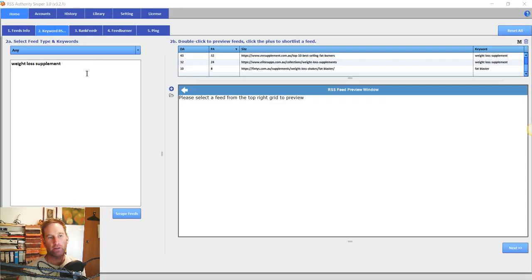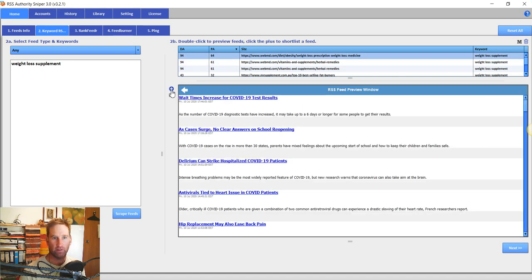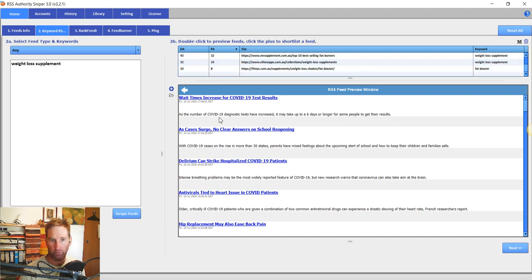Okay, so what I did, I changed it to weight loss supplement because Fat Blaster is actually a brand, and there were no feeds available for that. Obviously weight loss is much larger, so we've picked up those. And then you can see here it pulls back all these feeds. So we've got WebMD, so we'll grab that feed because that's one of the biggest health sites in the world. What else will we find if we scroll down? So what I'm doing is opening up the feed,